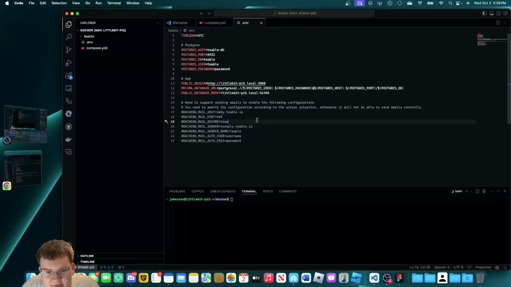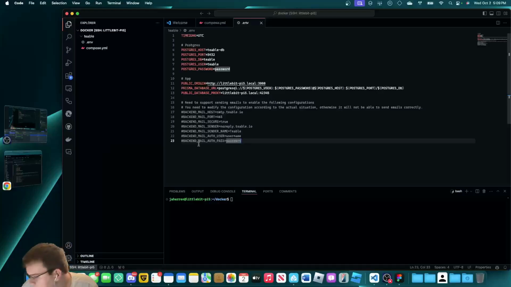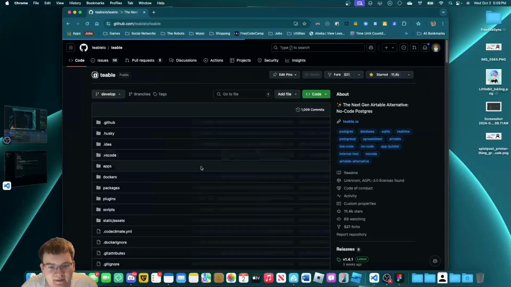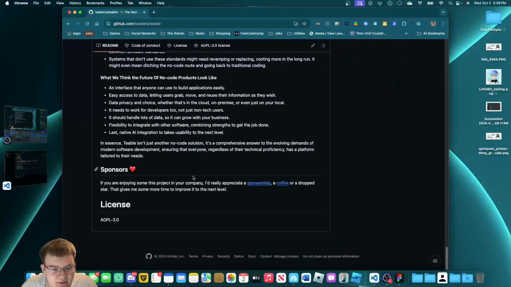And you can also, if you have your own email, or make a Gmail account for it or something, add email information here, but I won't add email information. I did add email for my production setup. Technically, they say that you shouldn't use it in production since it's a beta, but like all the way down here,